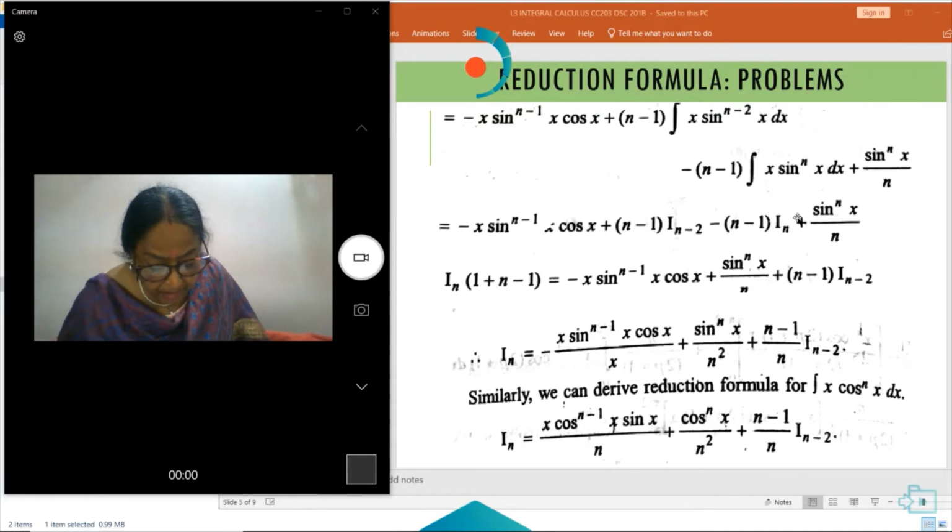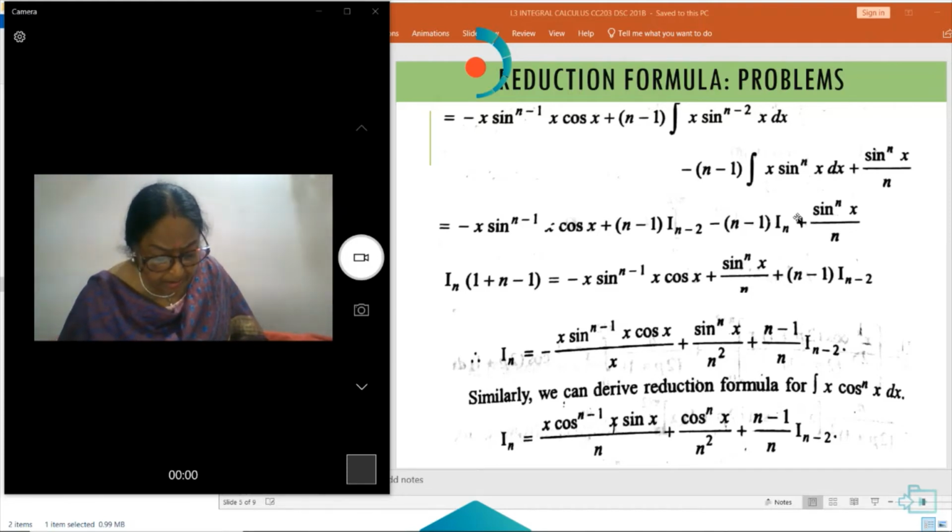And so after putting these values we get minus x sine n minus 1 x cos x plus n minus 1 x into sine n minus 2 x dx minus n minus 1 x into sine to the power nx dx plus sine to the power nx by n. Here see